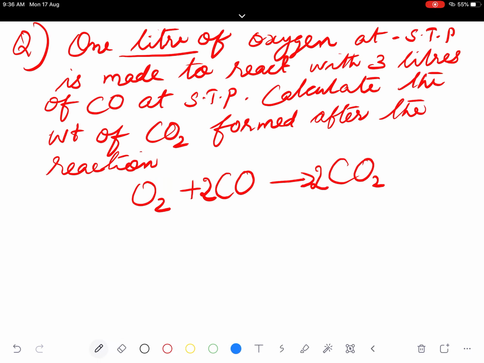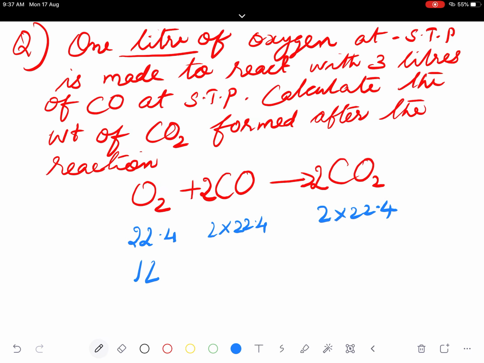What are the four pieces of information? And which information is required here? Here it is in terms of volume. So I am writing, this is at STP. I can write in terms of volume: 1 mole is 22.414 liters, and twice that, 2 into 22.414 liters. So I have written all in terms of liters. But what they have given is 1 liter.